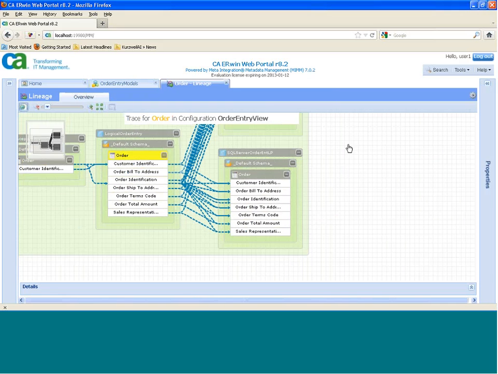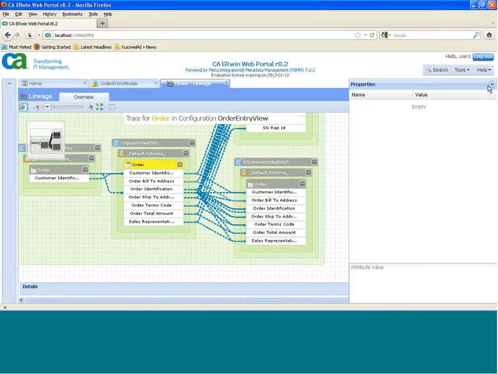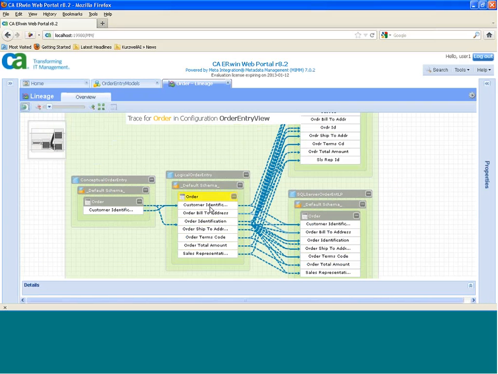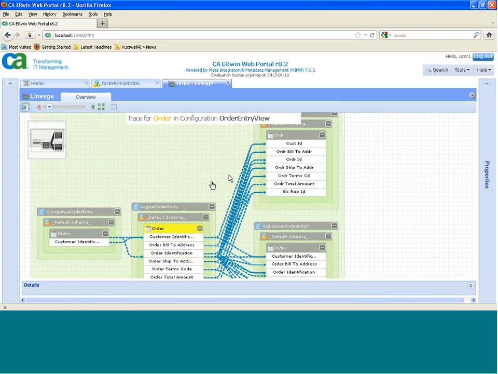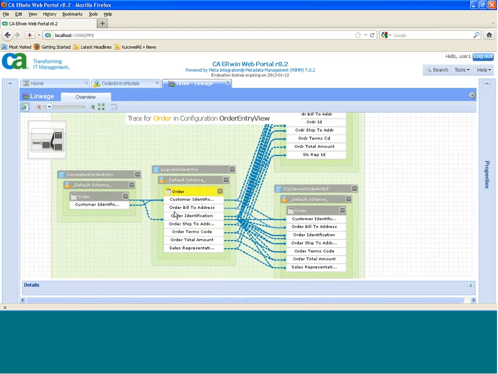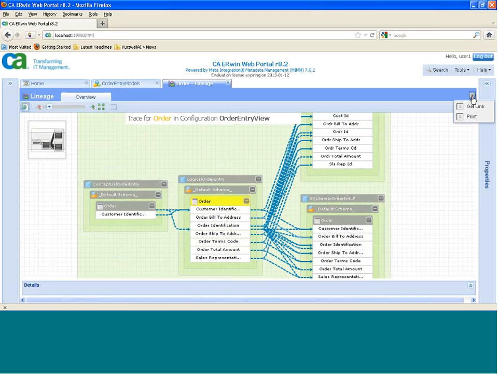So the ability of actually seeing that information propagating between your diagrams. It's a very useful way of getting that out in front of users. I can see where this structure propagates throughout my design. I can see the arrows showing that flow of logic, so it's from conceptual to logical to multiple physicals. And then I can actually publish this conveniently. I can either print it out, or I can actually get this URL, which automatically gets selected, and I can publish that out to my business users so that they can come here and navigate to the same view